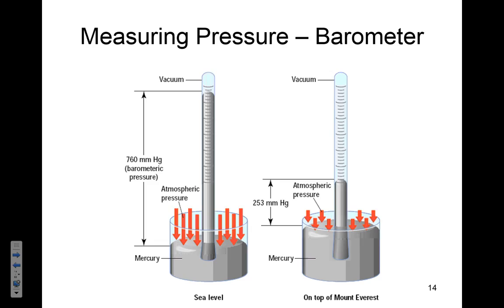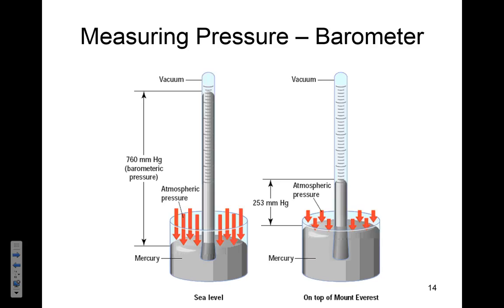Now, how do we measure air pressure? Well, we use a barometer. And what we really have is a column. Remember, I said a very specific diameter column of mercury. We use mercury because it's very dense and we don't need as large of a tube then. So it's easier to read with this kind of tube. Now, above the mercury, we're going to have a vacuum. So there can be no air above the mercury or this thing won't work.